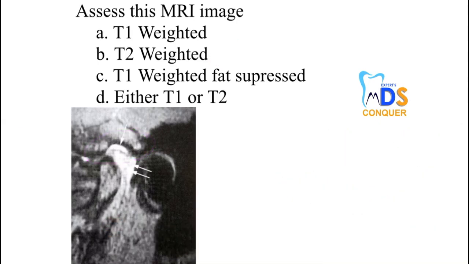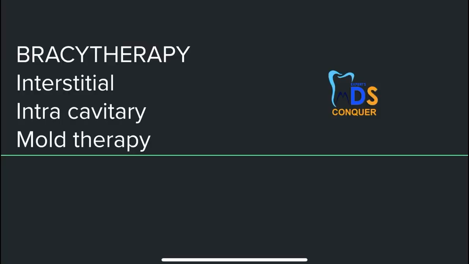So mostly they will ask you related to TMJ, because most commonly it is indicated for TMJ or the parotid glands or the other salivary glands as well, or related to carcinoma or any other malignancies related to the soft tissues like the tongue. Okay, so like that you have to assess. So that is regarding the MRI, a little concept of what is T1, what is T2 and how the structures appear in T1 and how they appear in T2. Okay, so a little concept, if you have an idea, that's enough.